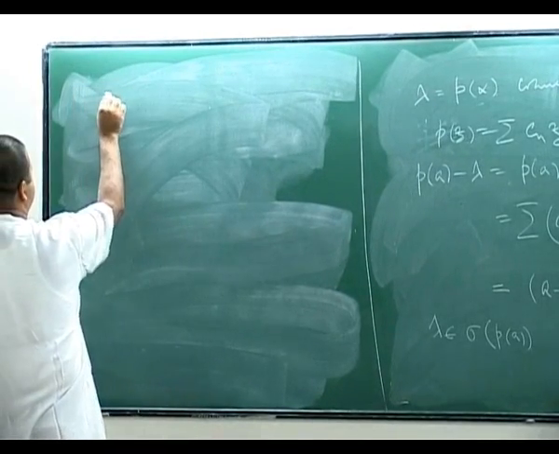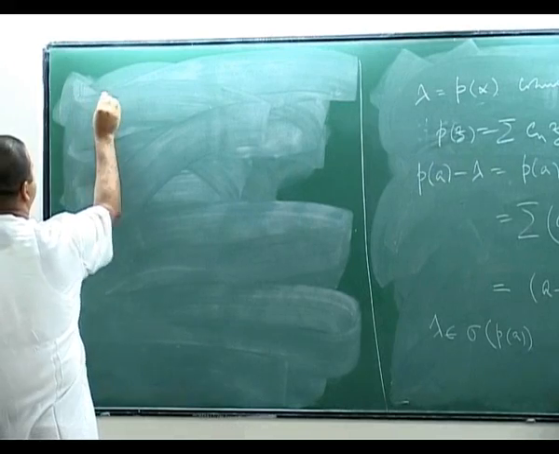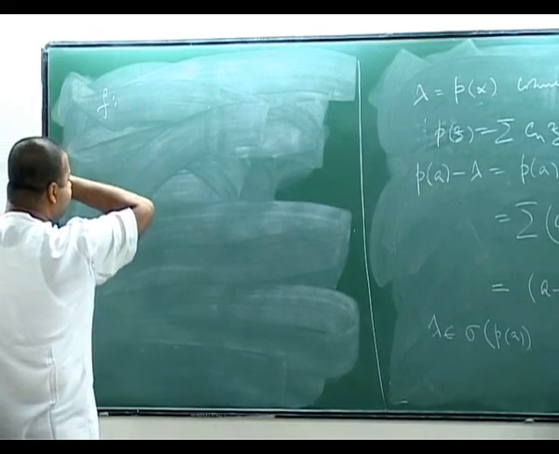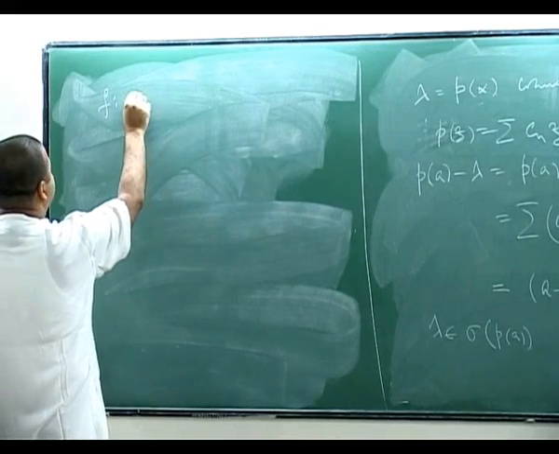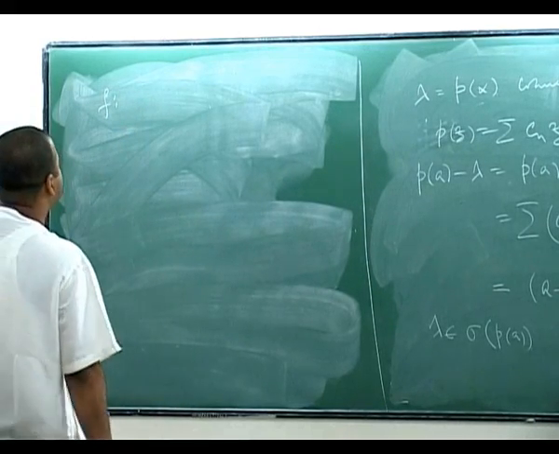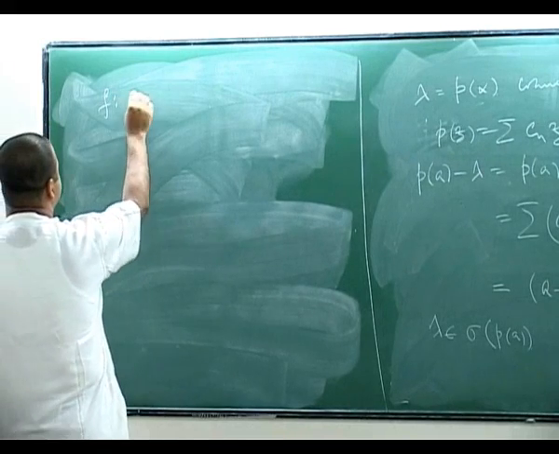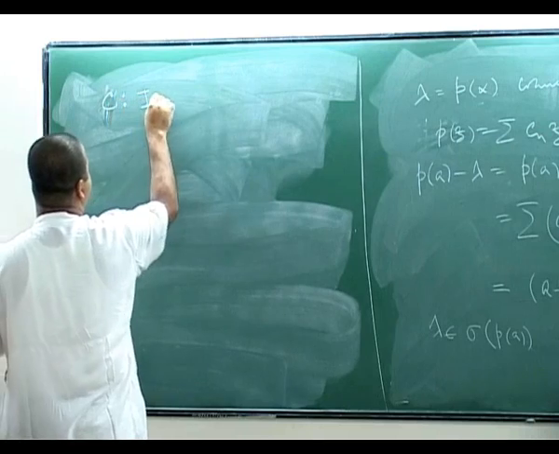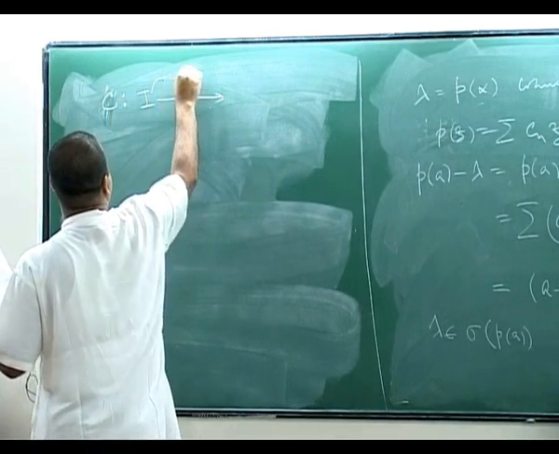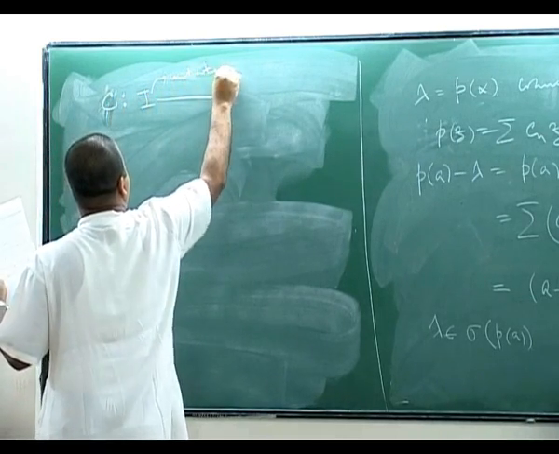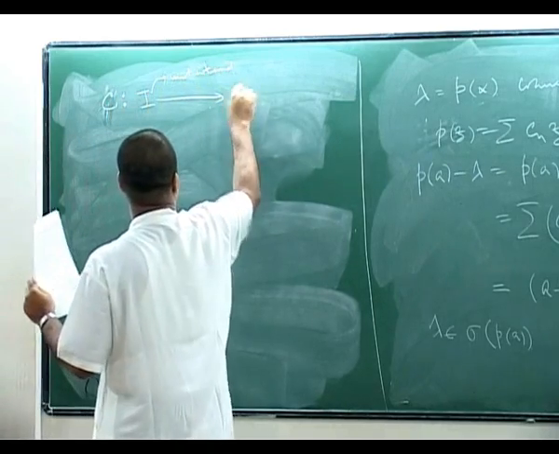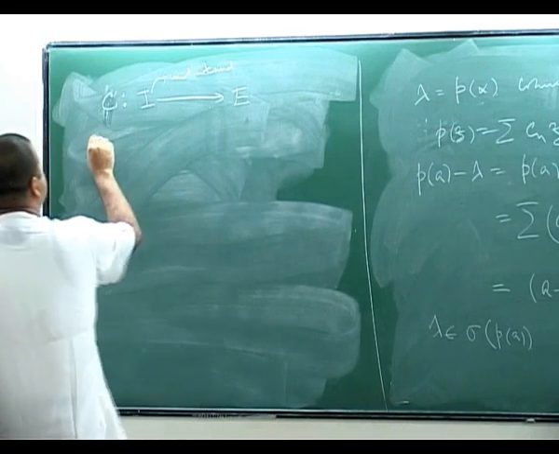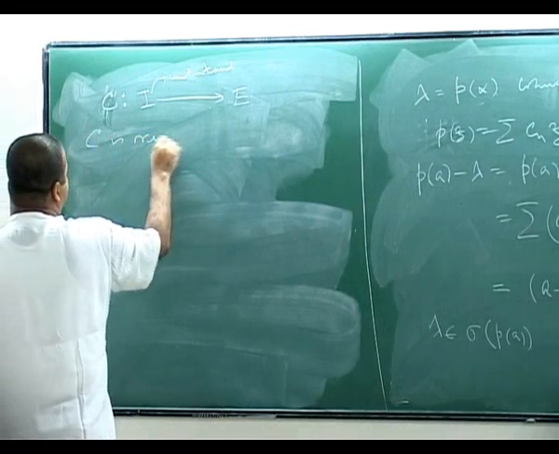Next we need another concept. So, suppose I have a function f from the unit interval, and E is a Banach space. So, C is